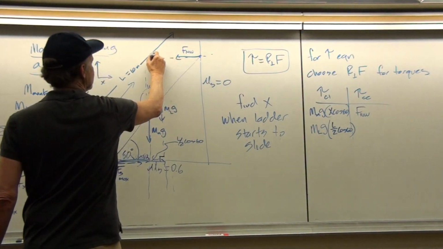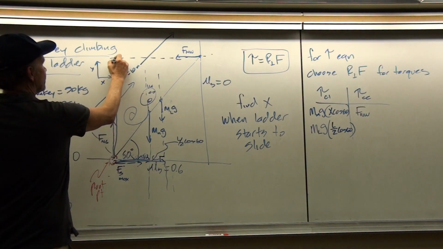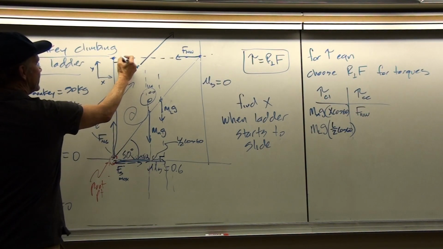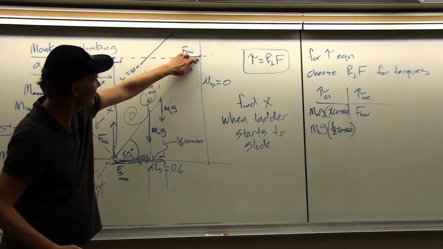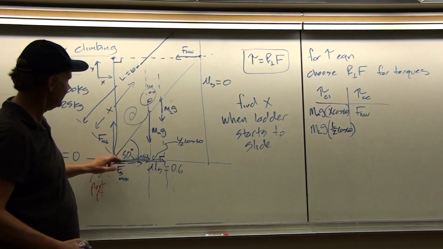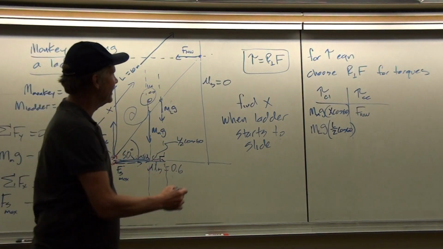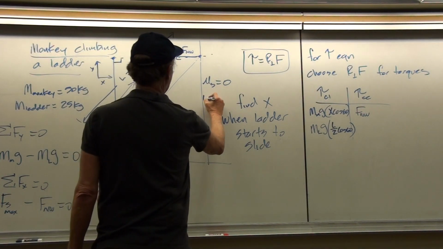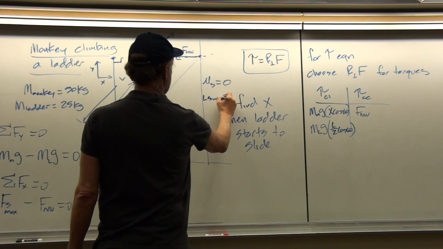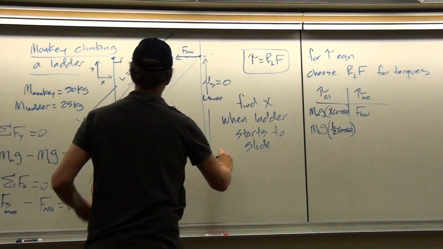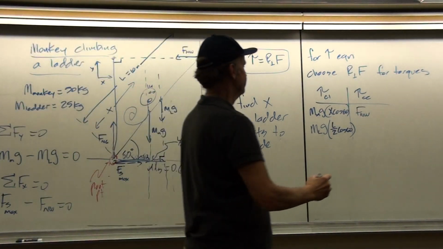You extend the force vector line, then you draw a line that goes from the point that we're calling the pivot point so that it intersects it at a 90-degree angle. So that's this distance here. Okay, not this distance or that distance, but this distance. So that's going to be equal to L times the sine of 60. So that's going to be my R perpendicular here, L times the sine of 60.